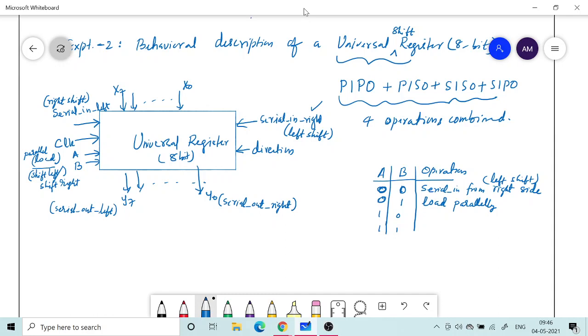So sorry, when A is 1 only you are loading, so this will be the case of again serial shift only. So when A is equal to 0, again you are not loading, but B is 1 means you do the right shift. So right shift, so if you want to do right shift, serial in from the left side.